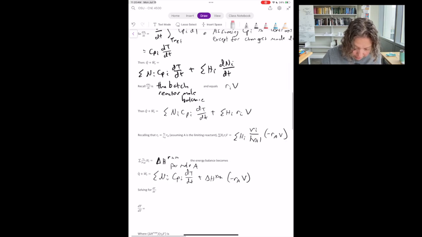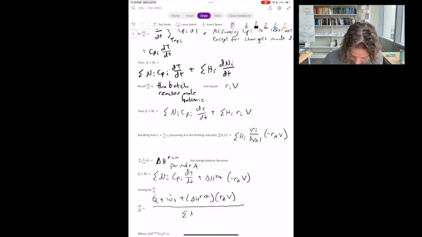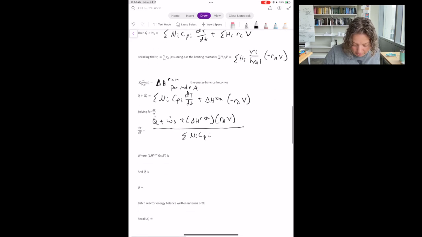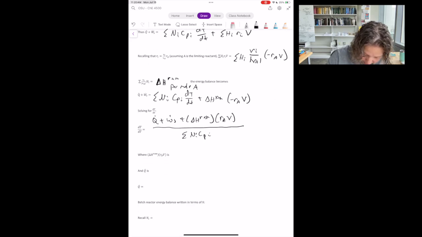Okay, so now we're going to solve for dT. We can do that algebraically. So that's going to give us Q dot plus Ws plus the heat of reaction times the rate of A times the system volume divided by our heat capacity terms. So now we have an expression here. This term here is going to be our heat generated, which we're going to denote